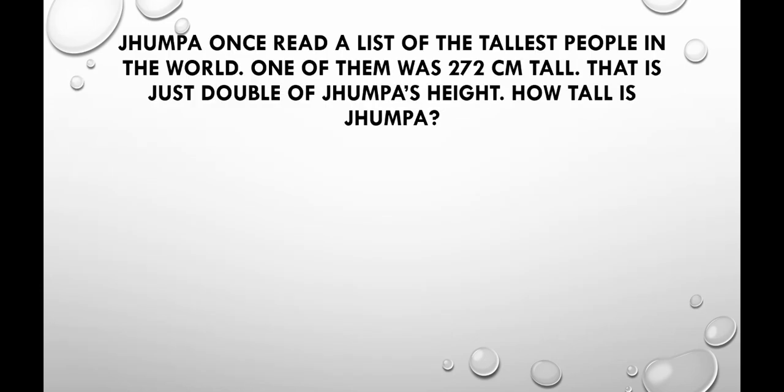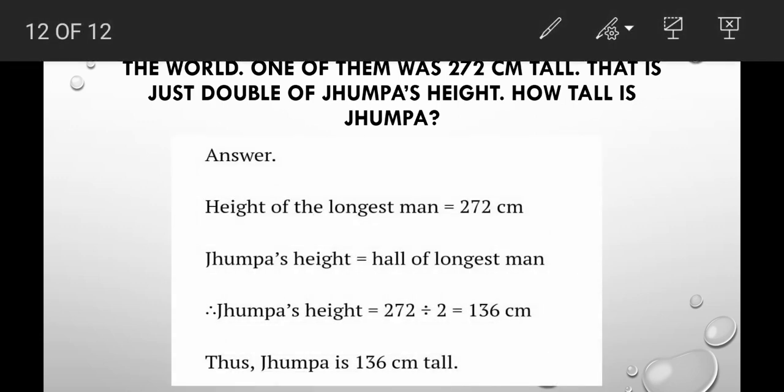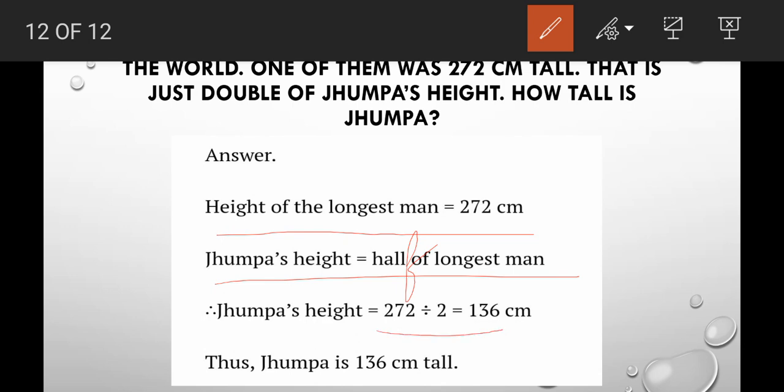Now another question. Jamba once read a list of the tallest people in the world. One of them was 272 centimeter tall. That is just double of Jamba's height. How tall is Jamba? So height of the longest man is 272 centimeter. So what will be Jamba's height? It will be half of longest man. Therefore, Jamba's height is 272 divided by 2. The answer is 136 centimeter tall. So that's for today's